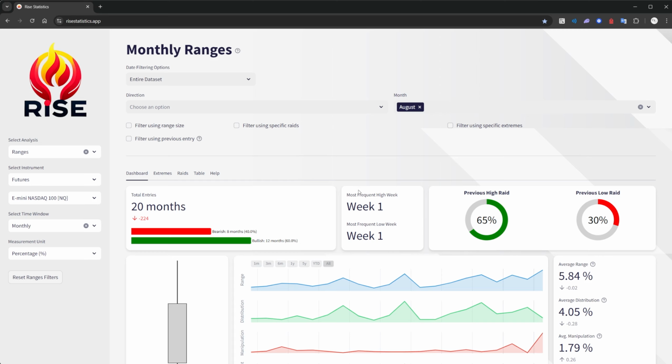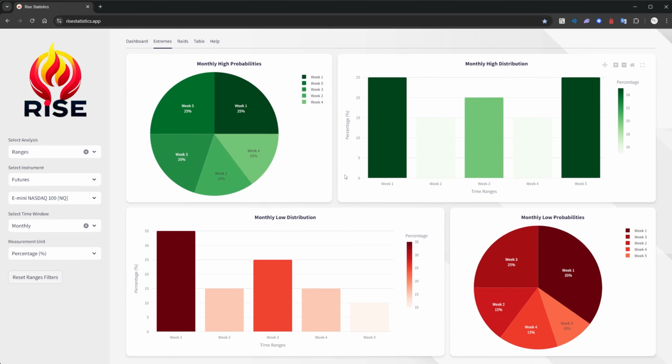Now, what we see that's kind of interesting here is that the high week and low week are all week ones. So what does that tell us about August? Well, not much just from the frame. But if we go into the extremes here a little bit, we can see we tend to form our extremes very early, which means that we tend to consolidate throughout the month, right? And does it actually surprise us? Well, if you've been a trader for a while, you know that August on the indices futures is usually more so of consolidation, right? We're getting ready to go into fall. There's a lot less volume and a lot less liquidity available for our charts to trend as much as we'd like them to.